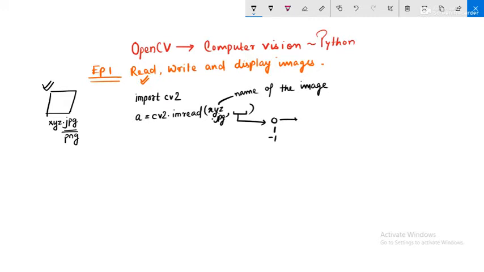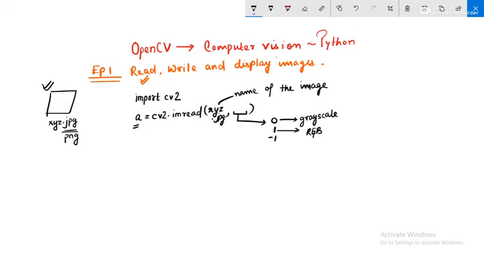It can be any kind of image, colored image or grayscale image, it doesn't matter. But if we want to store this in any form in this variable a, we can store it in grayscale using 0. If I pass 0 over there, the image will be stored as a grayscale image in a. If I am using 1, then it will be stored as a colored image, or you can say RGB.